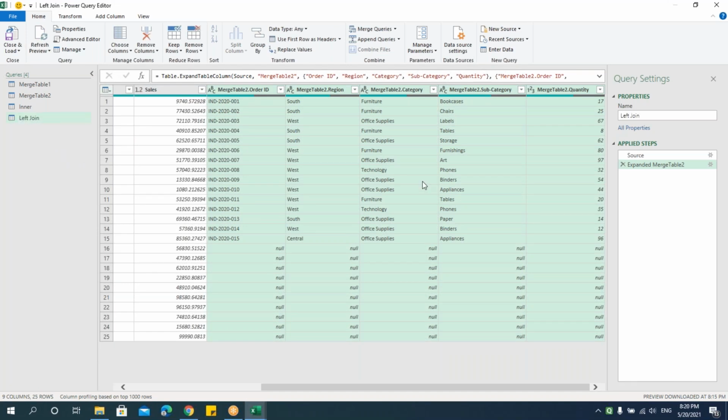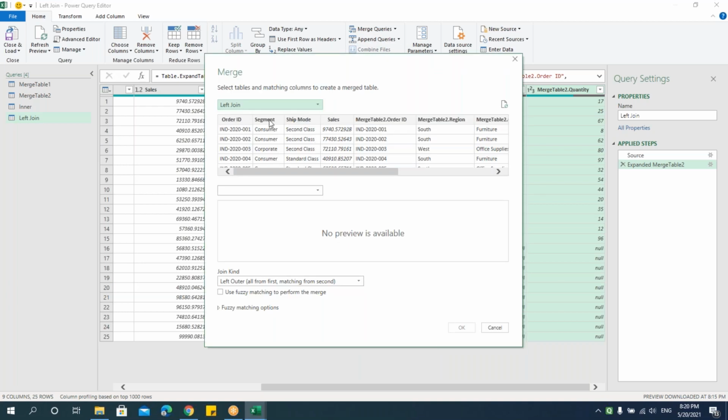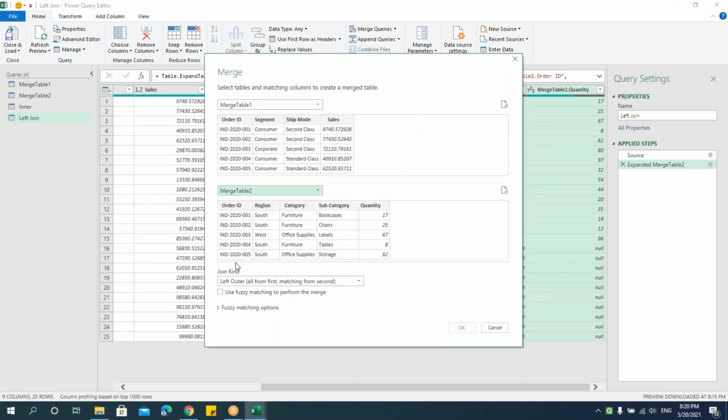Similarly, we have right join. Merge queries as new, and we'll select first table and second table. We'll connect these two tables by using this order ID, and now we'll select right outer join. In this case, all the records from table 2 will be taken and only matching records from the left table will be taken.